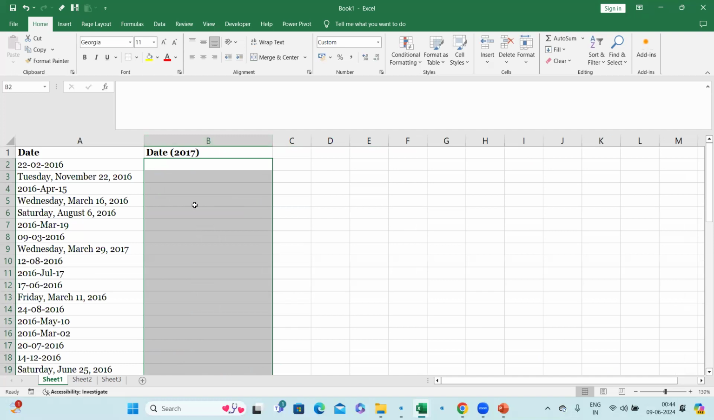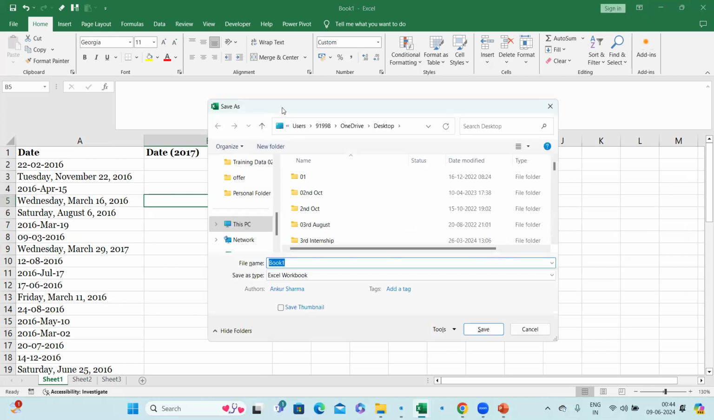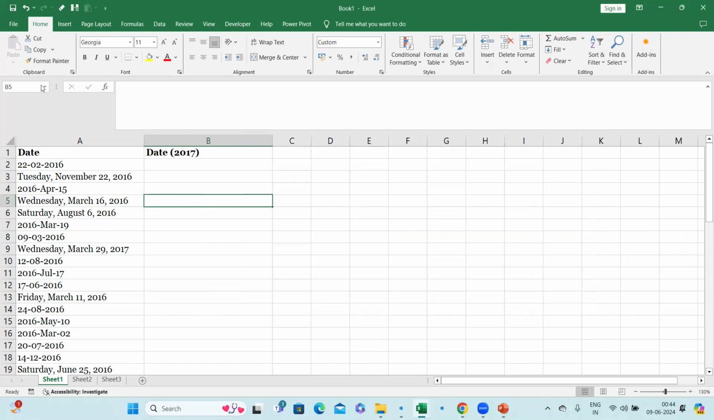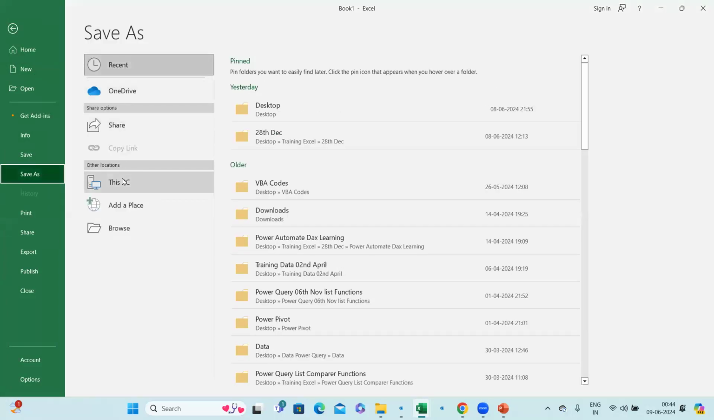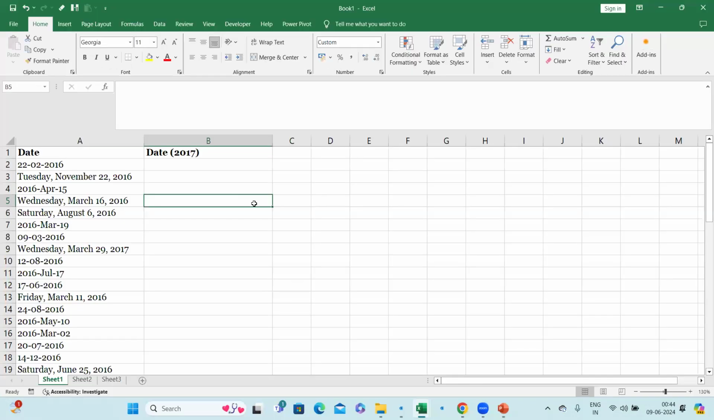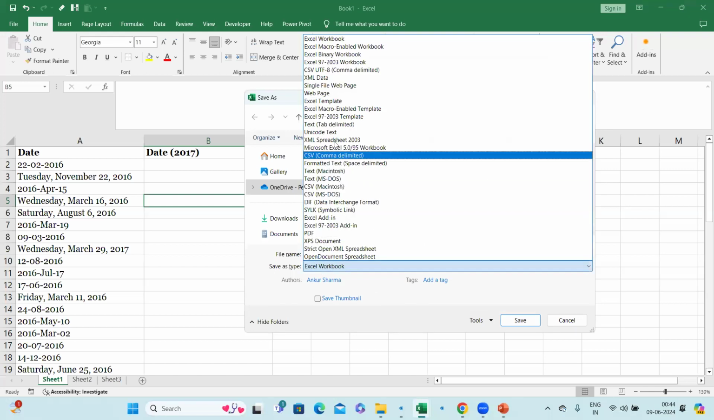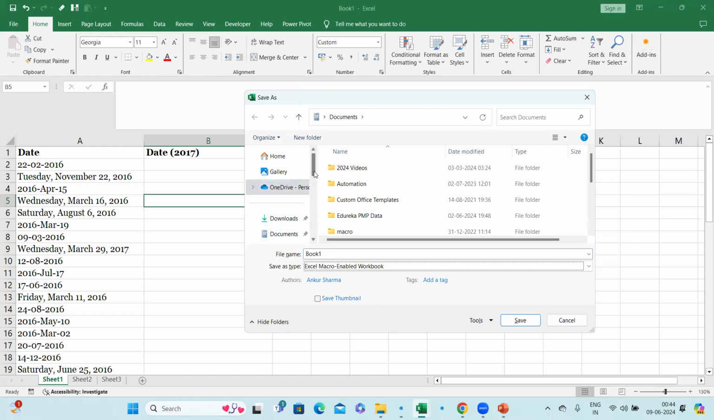With coding, guys, first you have to save this file with a VBA macro extension. Press F12, this is the keyboard shortcut. Otherwise, you can go to File, Save As. This is absolutely a long cut, I don't like it. So better you press F12. Once you press F12, the Save As type should be Excel Macro-Enabled Workbook. And you have to find out where you want to